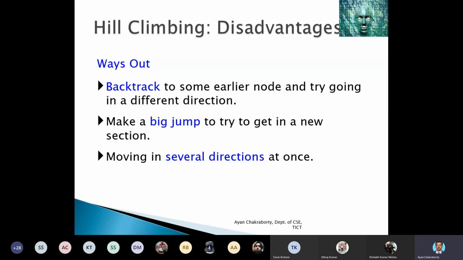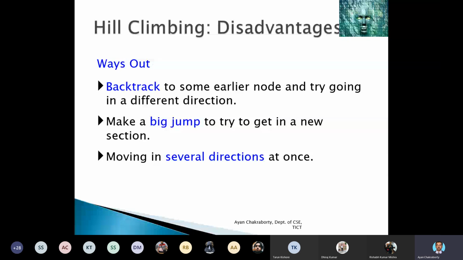Or you can make a big jump to a new section. That means using the adjacency matrix, you can use some via media path to overcome the plateau problem, where all the possible child nodes have the same value.